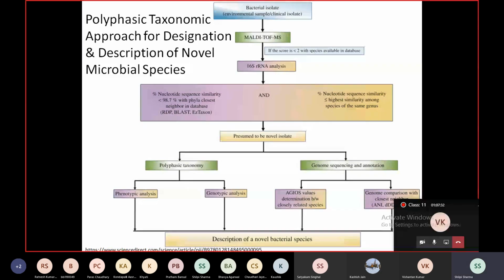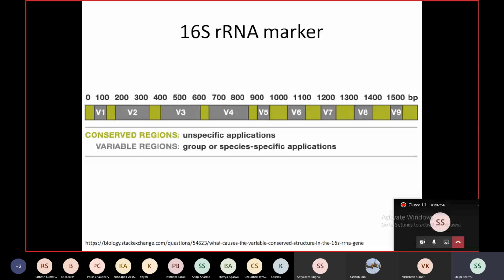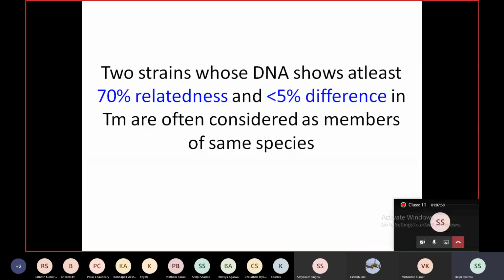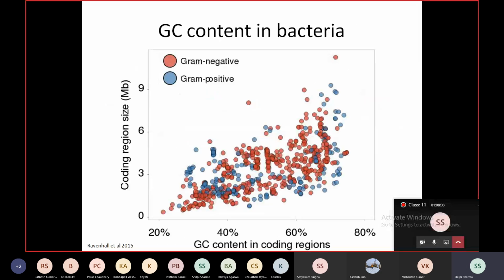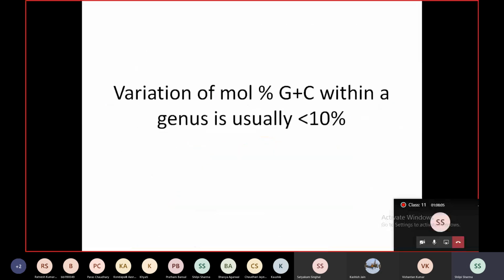बढ़े आगे, कितना हो गया? ओ गॉड, 45 अभी हो गया, यहीं पे स्टॉप करें क्या इसको? तुम लोग मुझसे और पूछ लो प्लीज, जितना डीएनए वगैरह का जो तुम लोग को नहीं समझ में आया वो पूछ लो, ताकि हम लोग फिर जब नेक्स्ट टाइम बढ़ेंगे तो अभी हम लोग क्लासिफिकेशन तक पहुंचे ही नहीं हैं, हम लोग सिर्फ वहां तक पहुंचे हैं कि how do you decide if an organism is new or not. सो बेसिकली मैंने तुम्हें बहुत सारे थंब रूल्स दिए कि डीएनए अगर एसेस कर रहे हो तो क्या होना चाहिए, थंब रूल, फॉर एग्जांपल ये रिलेटेडनेस जो अगर है, टीएम की रिलेटेडनेस, हाइब्रिडाइजेशन कितना % होना चाहिए, जीसी कंटेंट कितना होना चाहिए,